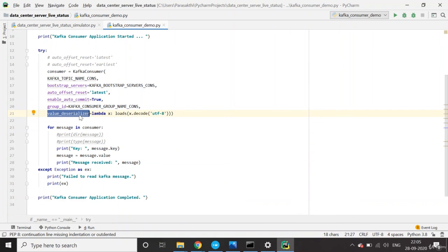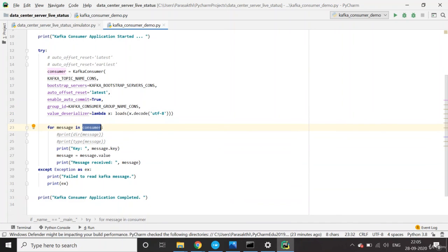And the deserializer we are using is a string deserializer, so it is going to get the string data. What I'm doing is converting it into JSON format, which gives you a JSON object, nothing but a dictionary object here. That's what this value serializer is for: decoding the string value and converting it into a JSON object, which is a dictionary.